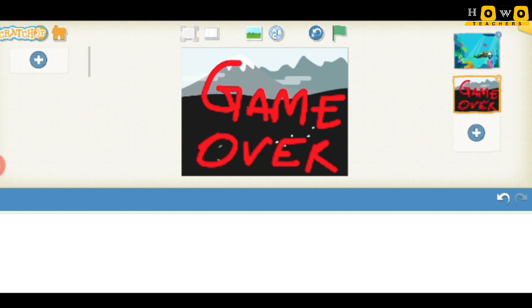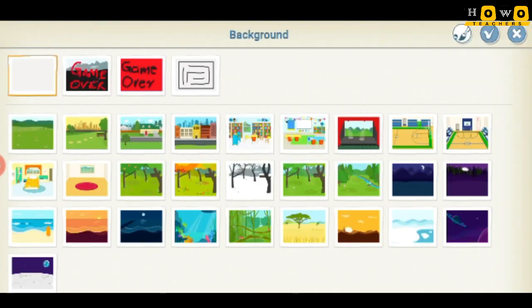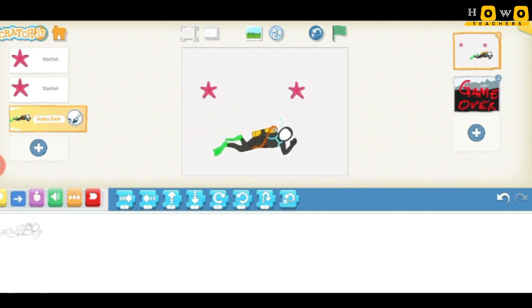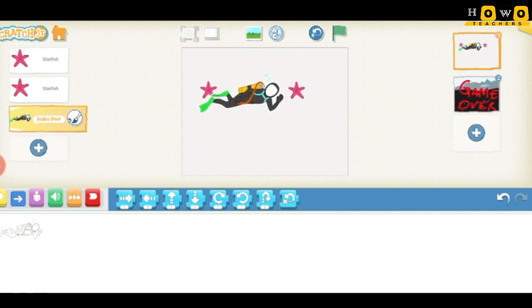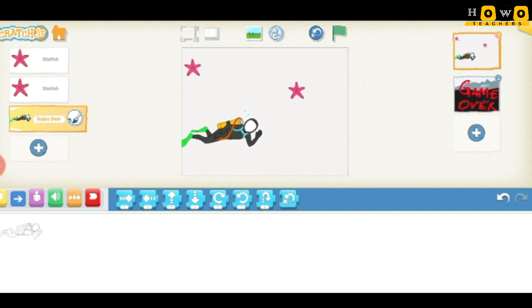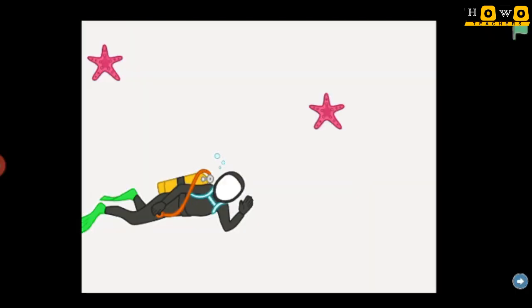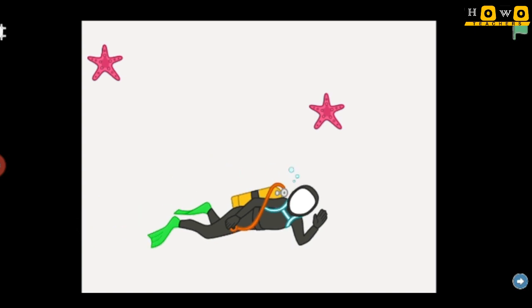Okay, now game over. So now see this, what is the game actually, let me tell you that first, that in case of this scuba diver, what will happen, the thing that is going to happen is that whenever these starfishes are moving, they will come and touch the scuba diver, but every time they are going to touch the scuba diver, we will lose the game. Okay, so whenever we are going to lose the game, then the game should be over and this screen should be displayed. I'm just zooming it on to have a good view of what we have made up till now.